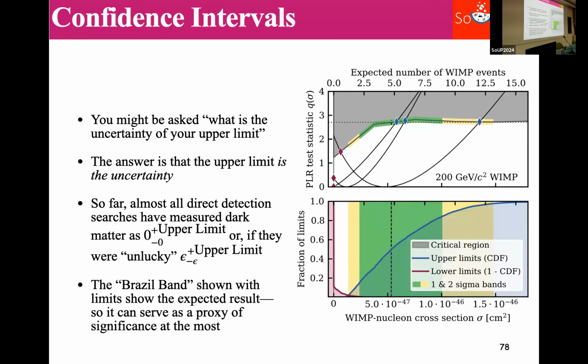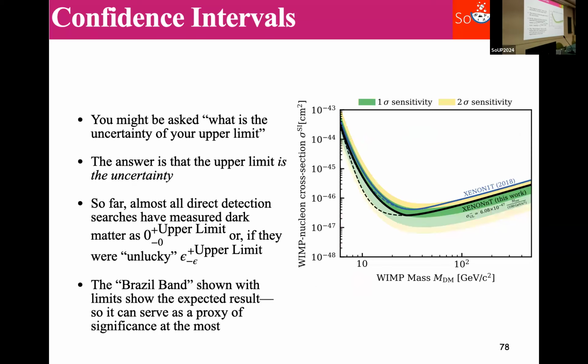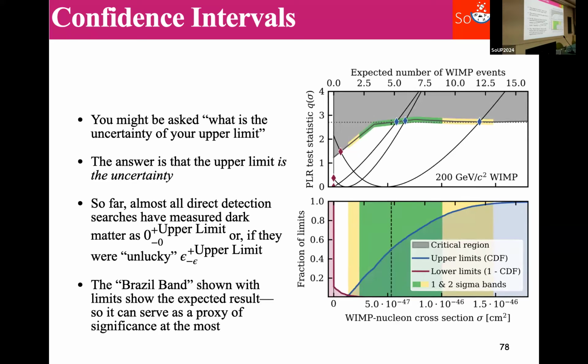Also, if you now look at this plot in a slice, if you choose a certain mass and look at a slice, this is how it looks. These are our log likelihood ratios. They're a function of the WIMP-nucleon cross-section here, or if you want to reformulate it, a function of the expected number of WIMP events here. And you see here, you can make toy Monte Carlos, or you can check your actual data. And then you have here in dashes the asymptotic result.